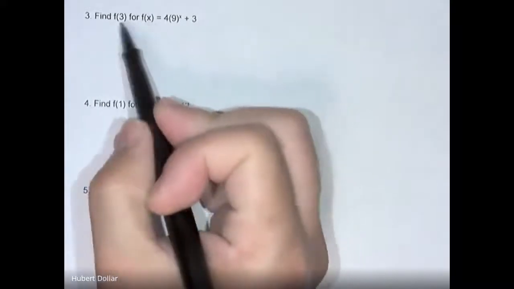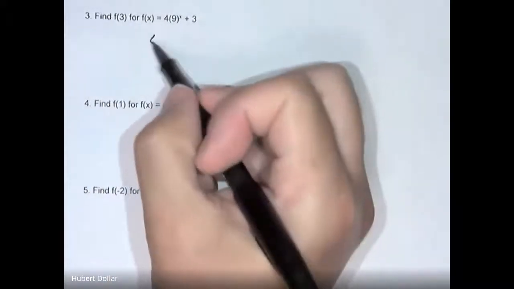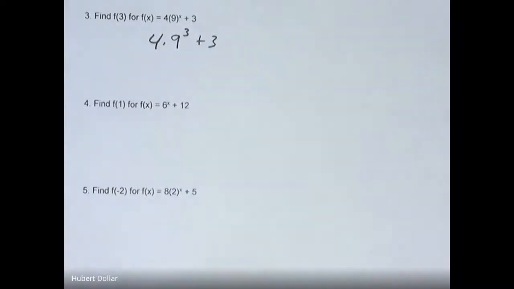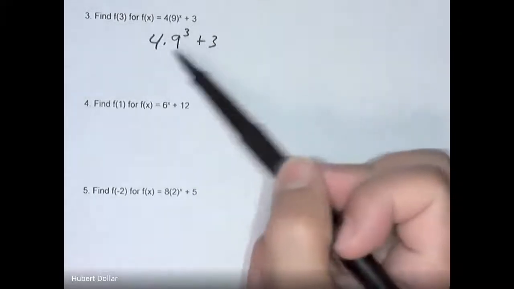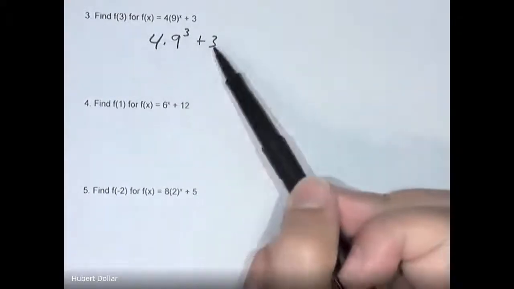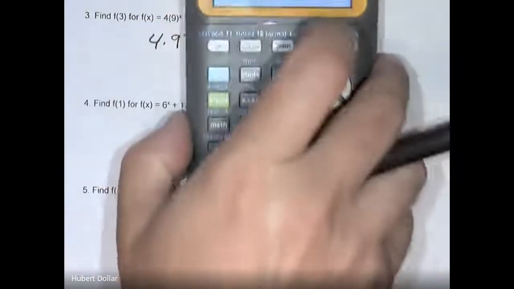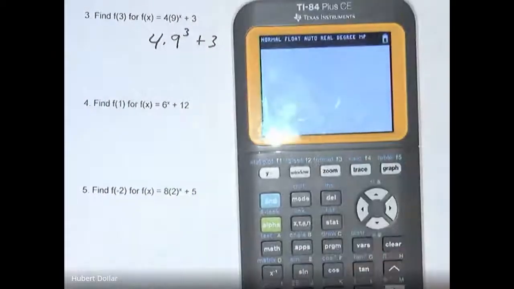Where the x is, we're going to put a 3. So that is 4 times 9 to the 3 plus 3. Now, if you're going to follow the order of operations, remember you do exponents, then multiplication, then addition. Using a calculator, you put it all in together. Now, if you use the big calculator, the TI-84,